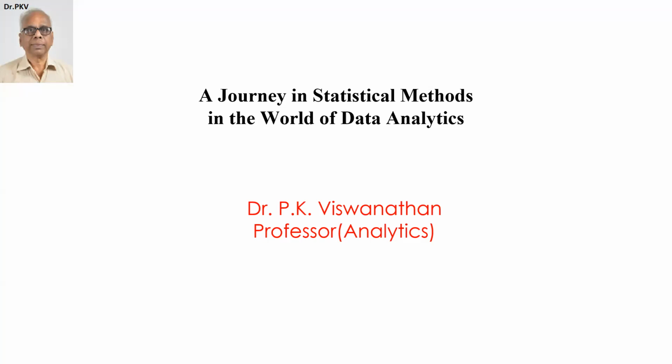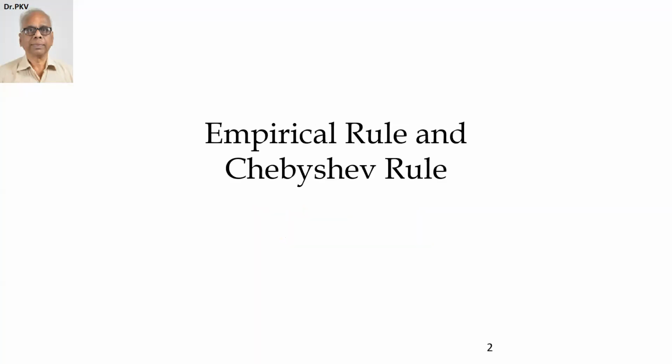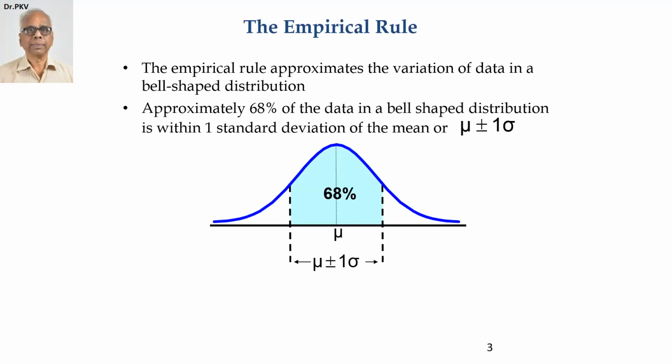In the context of behavior of the data and the shape of the distribution, we use two rules, the empirical rule and Chebyshev's rule. Empirical rule means it is based on data, data-driven rule. Based on data, if you have empirical evidence that a distribution is a bell curve, for example,